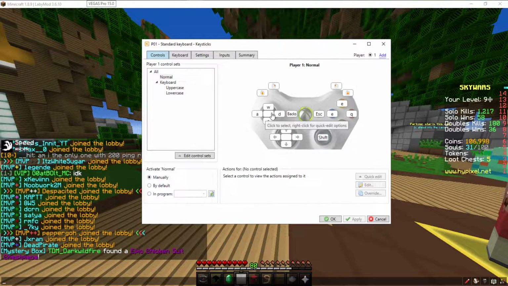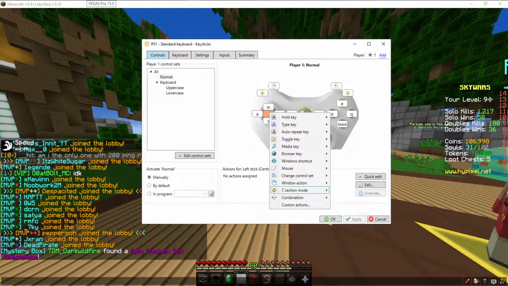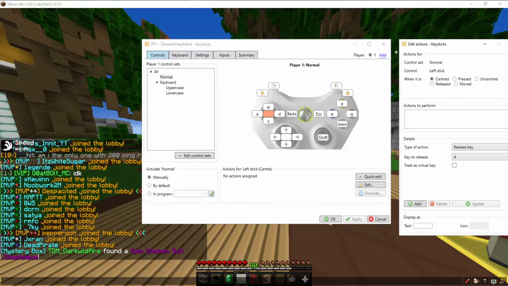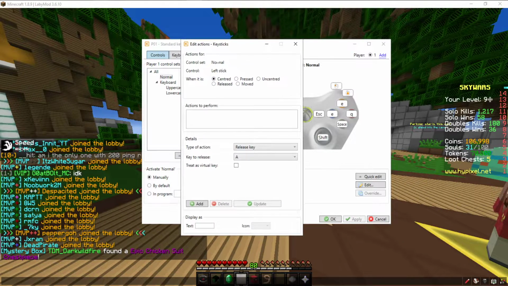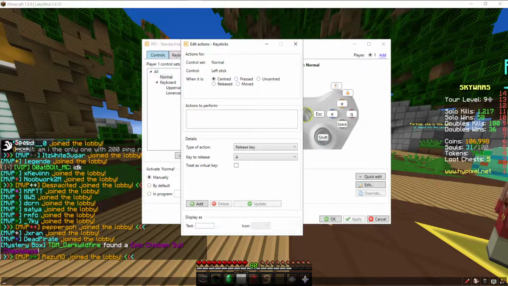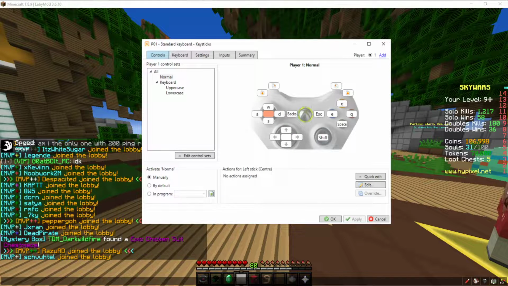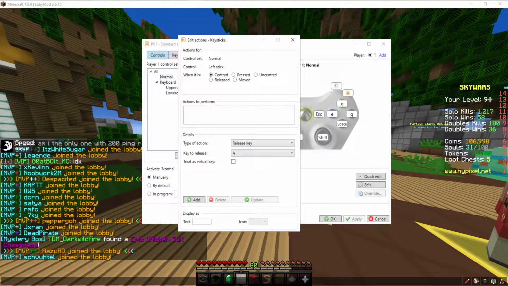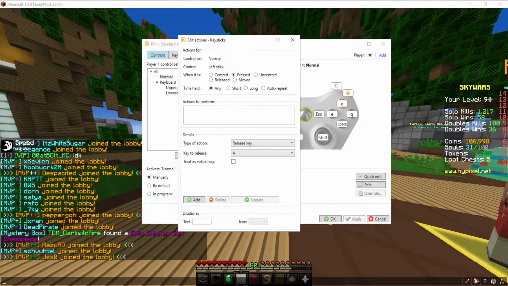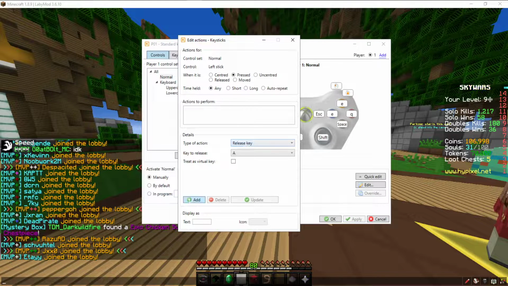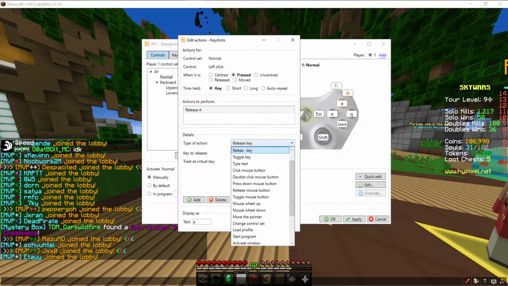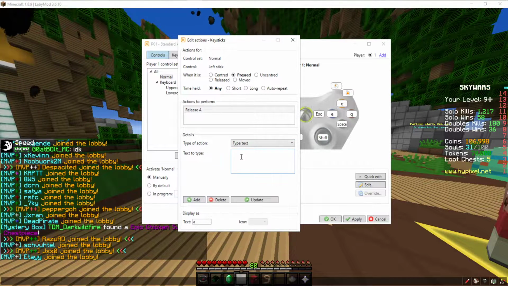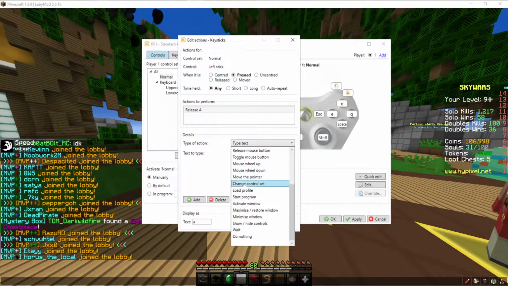And then you want to make it so this can click stuff. You gotta go to custom actions, and then wait, no. You want to go to edit, and then you just want to go to press, click add, and then it'll type text. No, it won't type text. It will